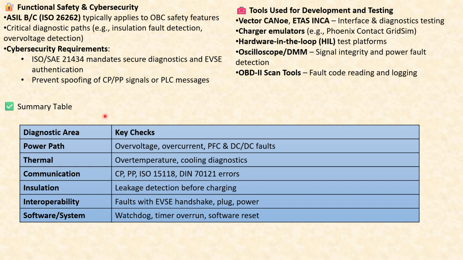So to summarize, these are all the various types of diagnostic areas: the power path, thermal aspect, the communication, the insulation, the interoperability, the software system. And what are the key checks when it comes to power path? Over voltage, over current, PFC, DC faults. Now, when it comes to thermal, over temperature and cooling diagnostics. When it comes to communication, CP, PP, ISO 15118, DIN 70121 errors. For insulation, leakage detection before charging. Now, when it comes to interoperability, faults with EVSE handshake,